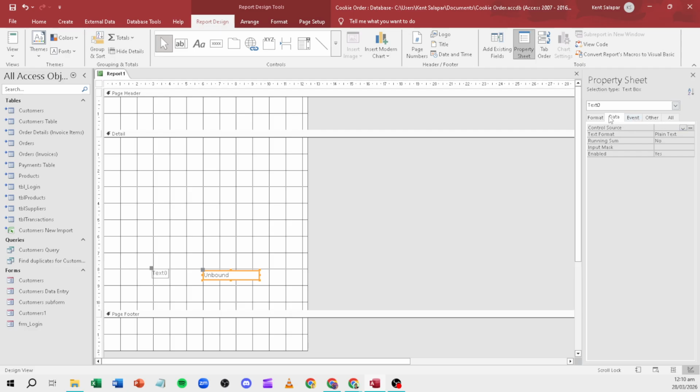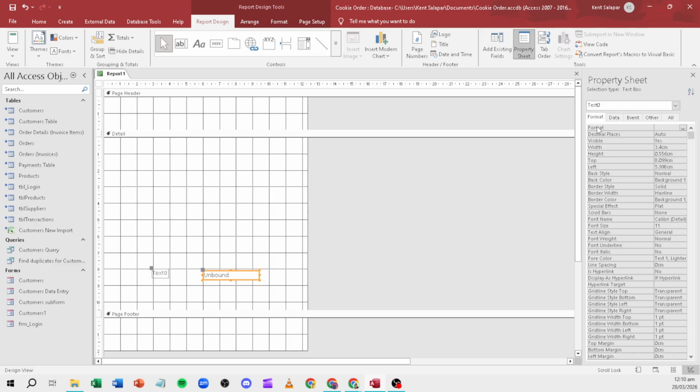Choose a format that matches your data, such as currency for money, standard for numbers with thousand separators, percent for percentage results, or a custom format if you need a specific pattern. Set decimal places to control rounding and improve readability. Consistent formatting across your report makes it look professional and prevents confusion.